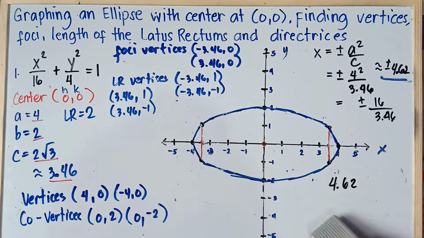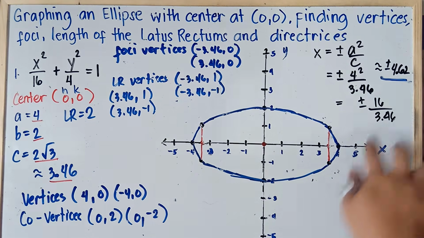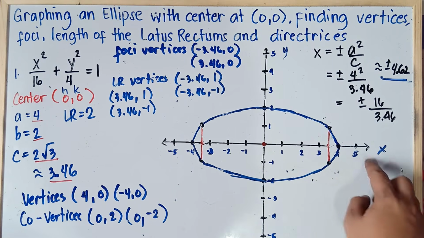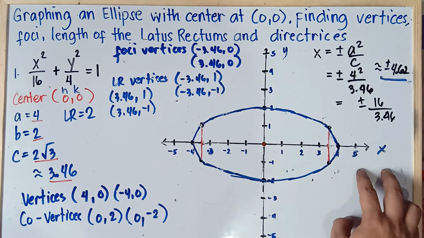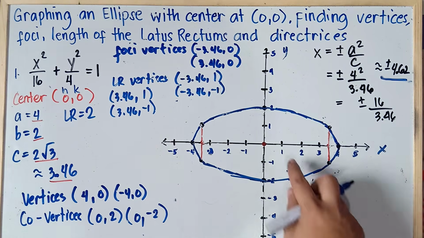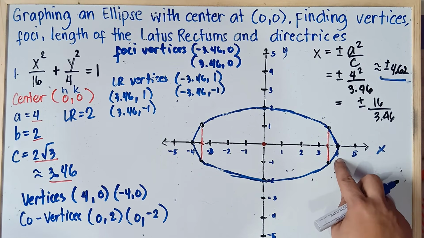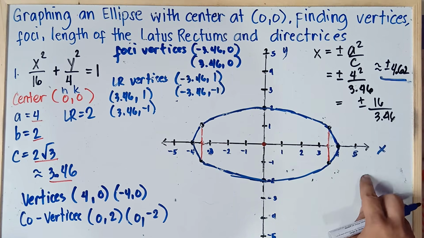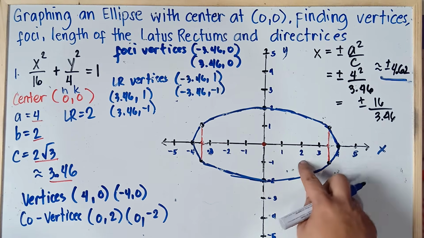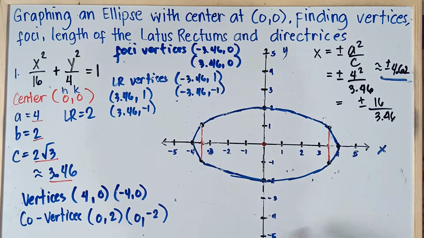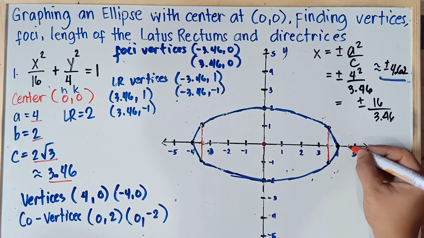Now to sketch that one, class, in our ellipse, 4.62 positive negative 4.62 in our x-axis. So starting from the center, you move 4.62 units positive to the right, and then negative 4.62 units to the left. Alright, so 1, 2, 3, 4. Once again, class, the directrix is parallel to the latus rectum. Alright, and it's beyond the ellipse, class. Okay, outside the ellipse, class. So 1, 2, 3, 4. Then 0.62, 0.5 is in the middle part. 0.62, more than 0.5. So this one right here.